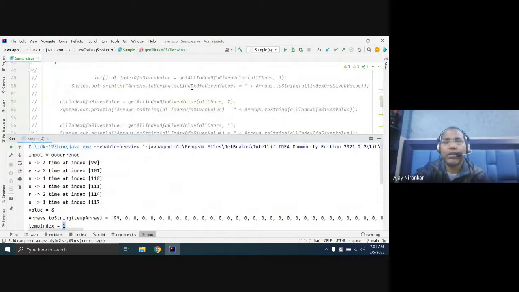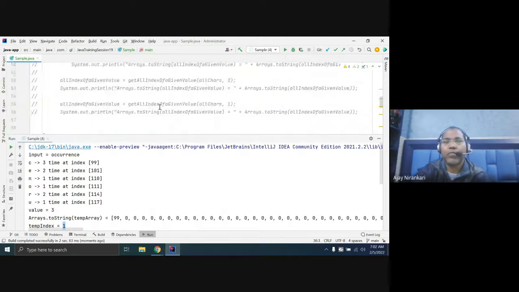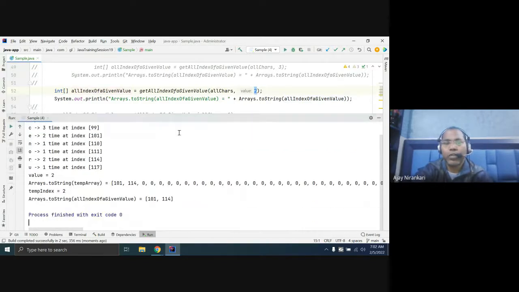Let's comment out here. Instead of the loop, you just manually call it one time. Let's call it, please pass 2 as input. If you run it, if you pass 2 as a value, you notice only 2 positions are filled. A 2 matches with this, a 2 matches with this. So we have 2 positions filled, and the index would be 2. The new array is created for only 2 length.